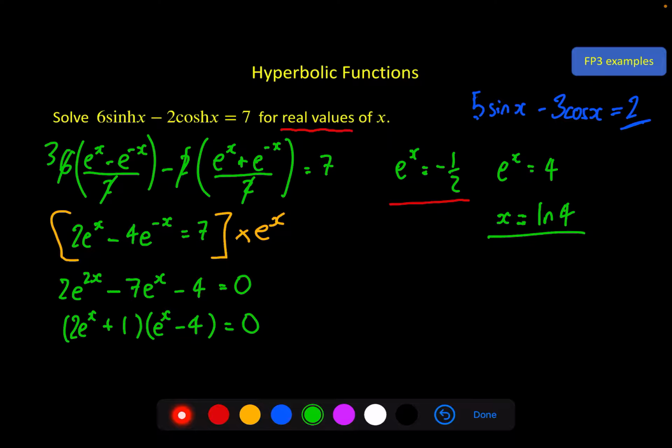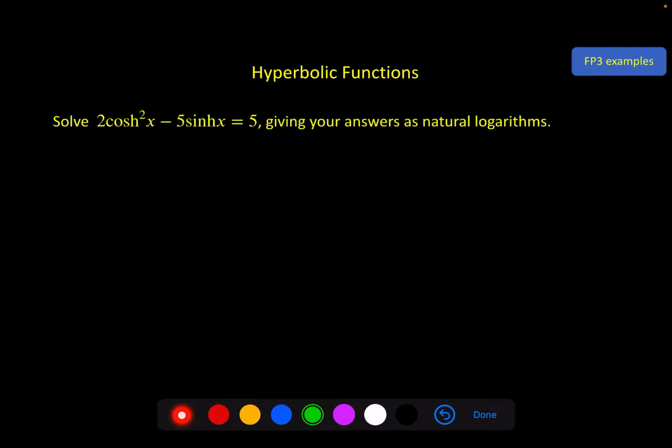Okay, that's the first one done. Let's have a look at the second one. Solve 2 cosh squared x minus 5 sinh x equals 5, giving your answers as natural logarithms. Okay, we'll come back to that little bit, natural logarithms, at the very end to make sure that we've done that. But to solve this, probably you can see the